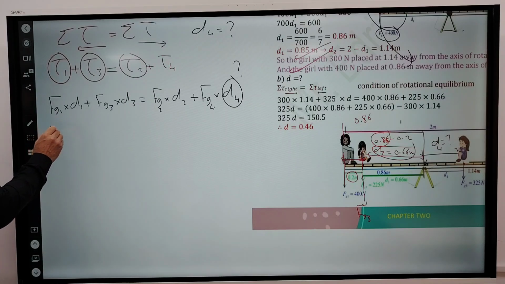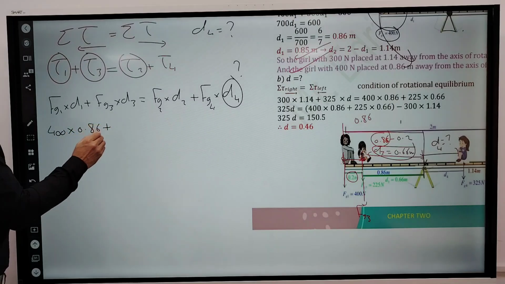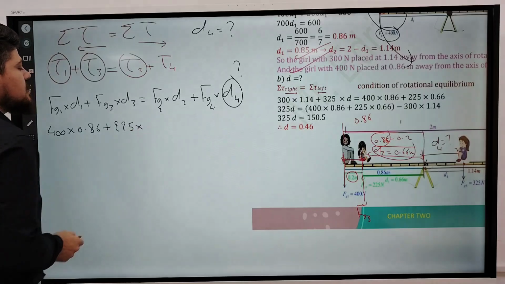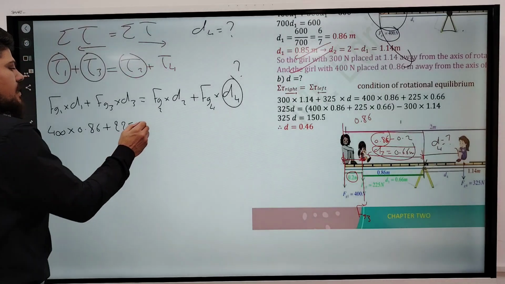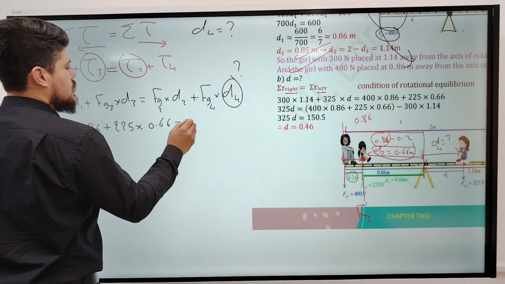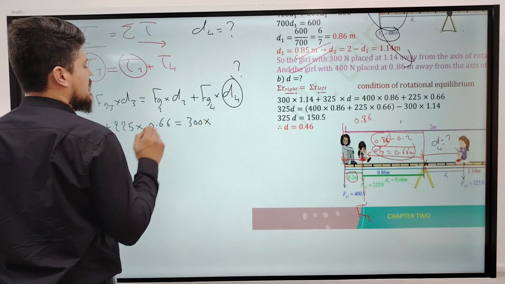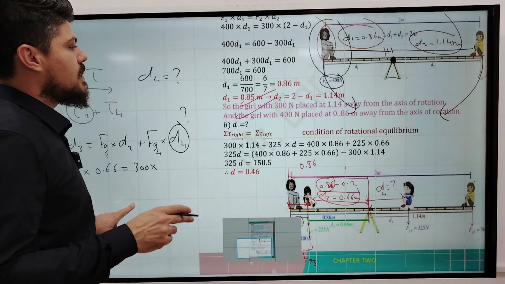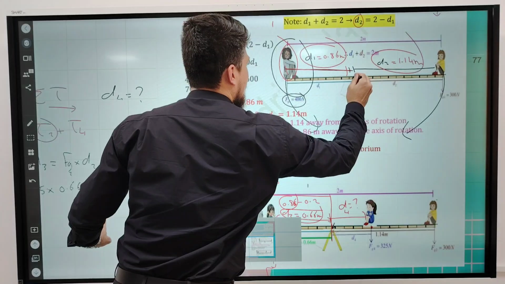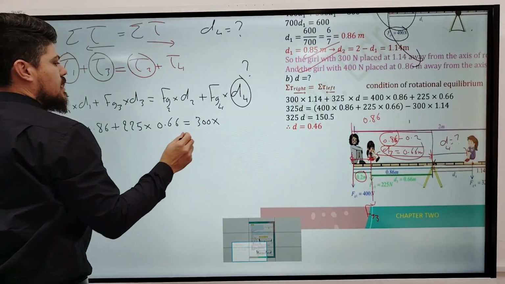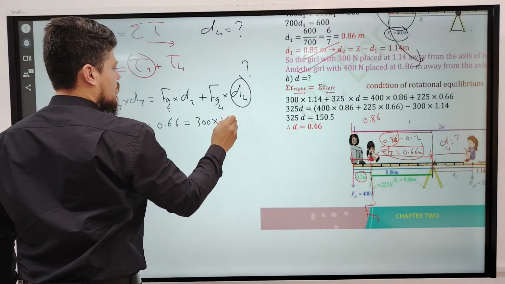Fg1 was given, 400 Newton times D1, we found 0.86, plus Fg3, 225 times D3, which was not given directly but we found it, 0.66, is equal to Fg2, 300 Newton, times D2. The distance from the child with the 300 Newton to the axis of rotation, D2, is equal to what? 1.14. Okay? D2 is equal to 1.14, plus